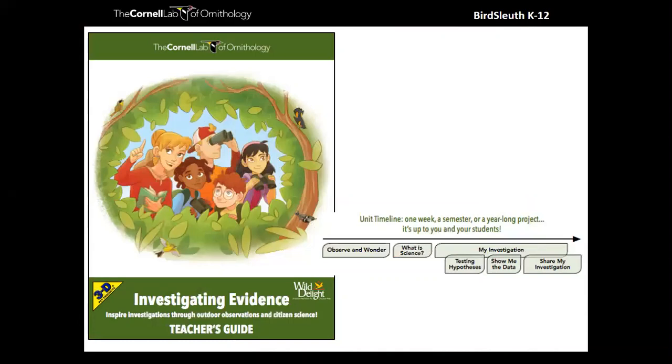And what I want to talk about with this first webinar, second webinar, the whole My Investigation, where we're testing hypotheses, looking at data, that's all going to be in next month's webinar. This month's webinar, we want to focus on the observe and wonder and how kids can see themselves as scientists. And how kids see themselves as scientists, that right there is really groundbreaking, I think, as an